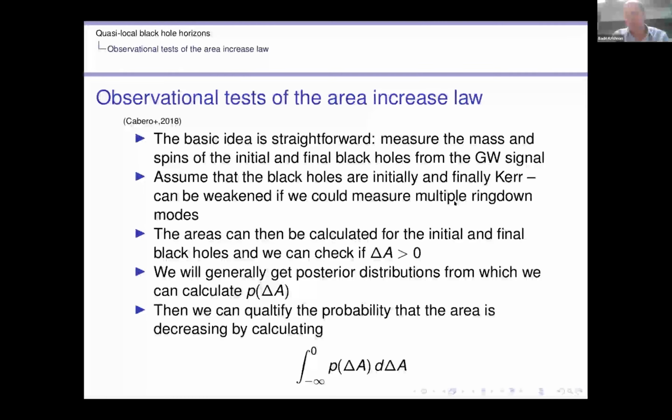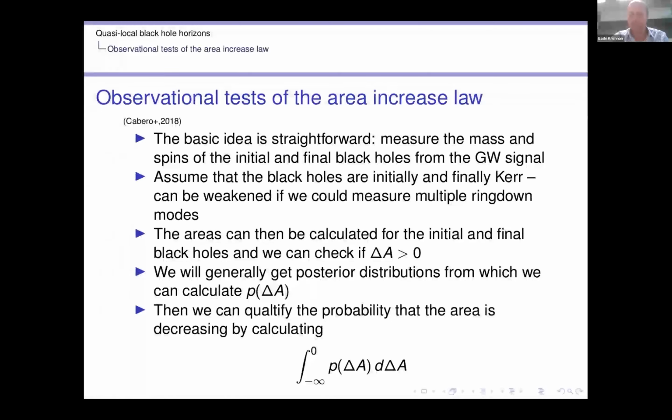It's amazing that you can hope to do all of this completely observationally. And this prospect of multiple ring down modes is a very interesting thing, and I think it will happen and actually has happened already. So if that is generally confirmed and accepted, then you could drop this assumption. You could do it in two steps. First, from the ring down analysis, you say that the final black hole is curved and what the deviations from it are, and then